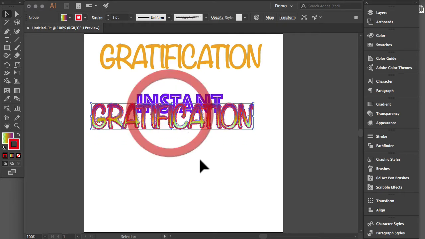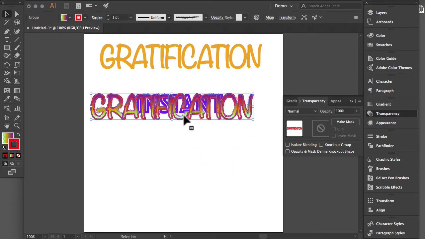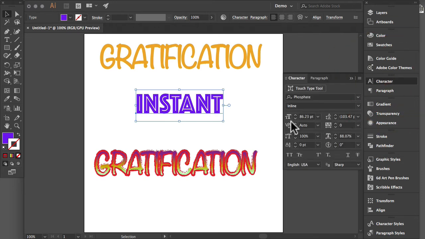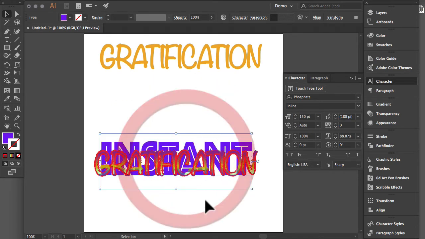The only other thing I want to show you in the transparency option is this thing, and they're called blend modes. And these can be kind of fun. Okay, so it depends on what you have going on. So let me adjust the scale of this a little bit. Let me go to my character. There we are. And let's make it 150. There we go. Nice and big. Okay, so now if I put that underneath,